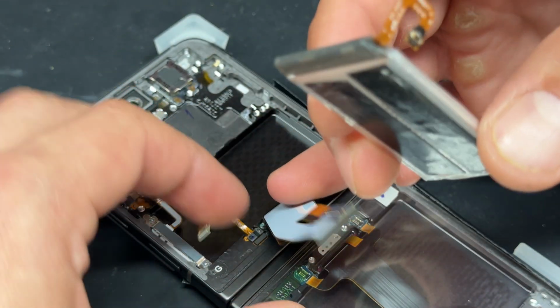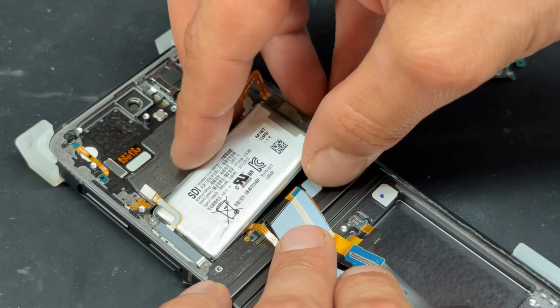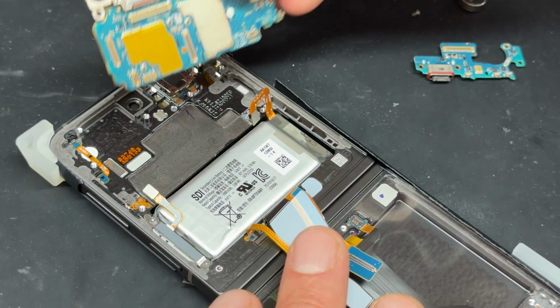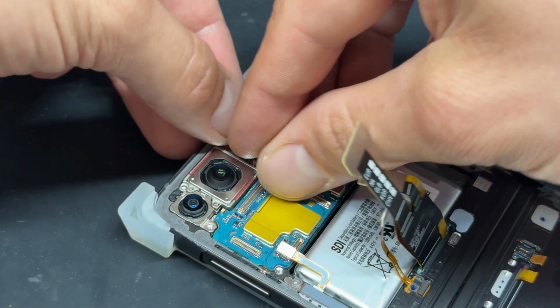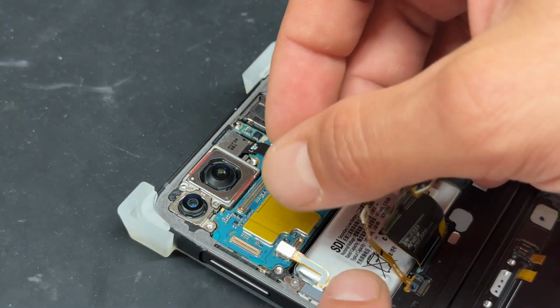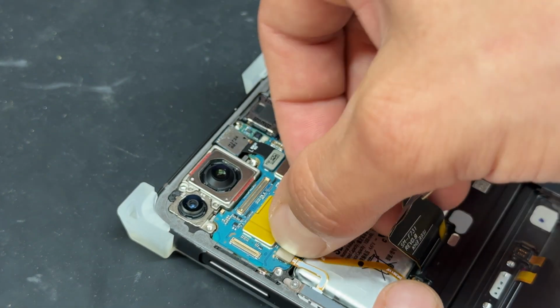We'll just peel back these flex cables first of all, and then drop our battery into place for the top. Make sure that that's secured down well. Then we're going to go in with the motherboard, lay that into place, followed by the front camera, which needs securing just there. And then we'll go ahead and install these flex cables here, here,